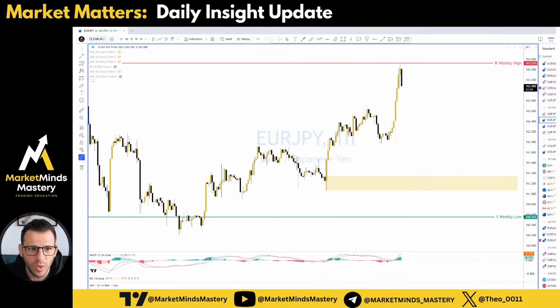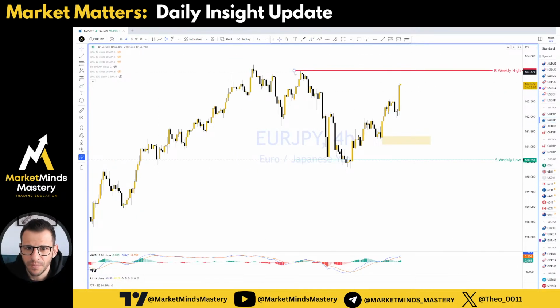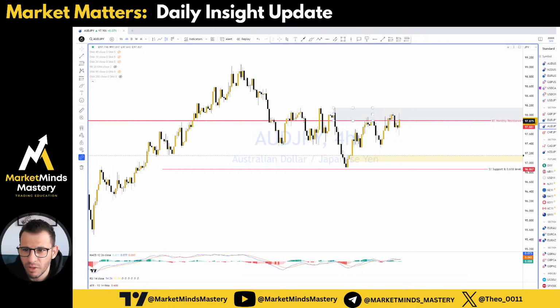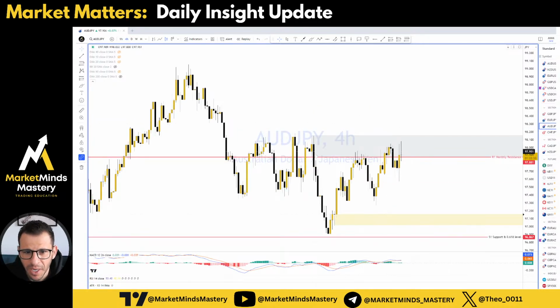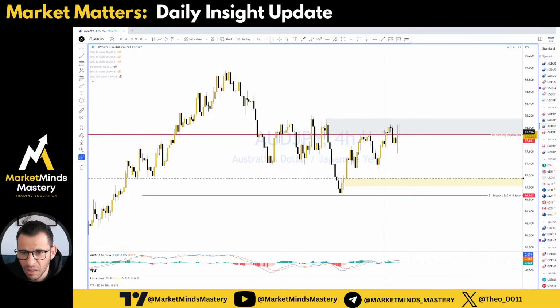Actually, we saw the same with the euro, as you can see on the screen. It retested a weekly high and now it's moving lower. It's actually interesting, guys, because the Bank of Japan increased their interest rates, and it looks like the market didn't follow through, and that shows the weakness on the currency pair. Australian dollar, Japanese yen, similarly, it's in this 4-hour bearish engulfing order block around the monthly resistance